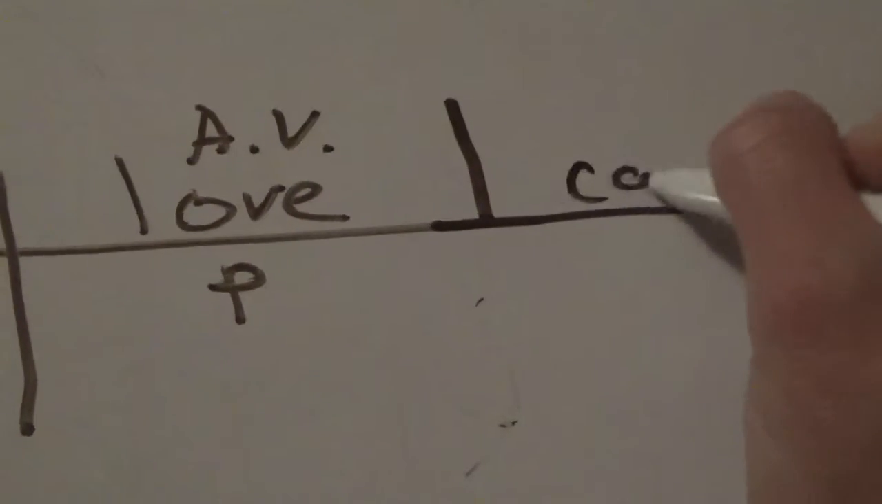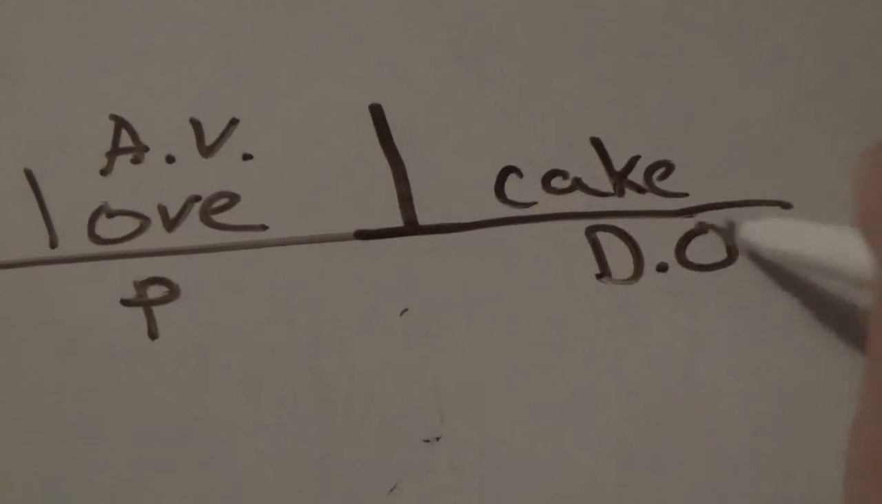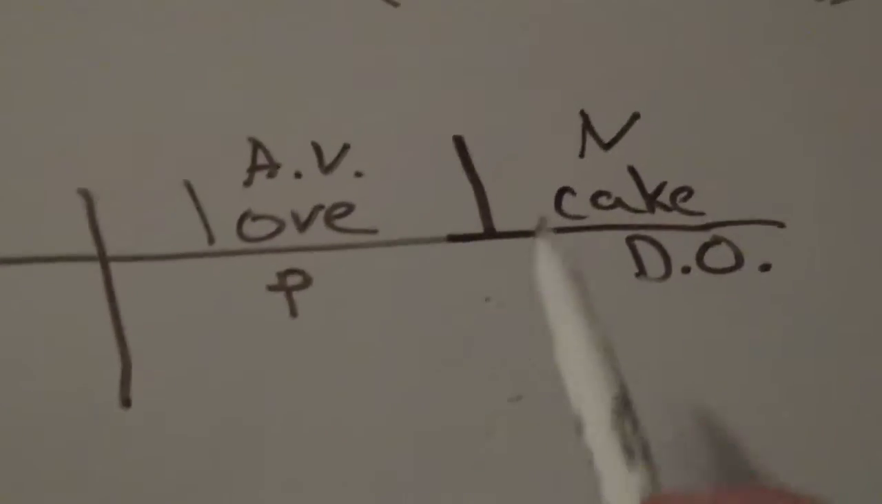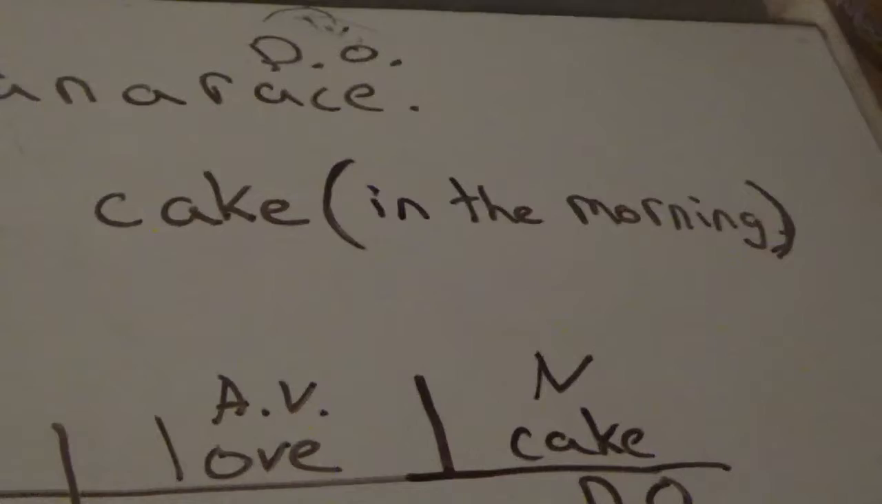I love cake. So we're going to write cake on the line. We're going to put D-O because it's a main part of the sentence. We're going to label it under the line. And we are going to label on top with a noun. I love cake. Now, in the morning, this prepositional phrase, remember, is acting as a team to modify a word